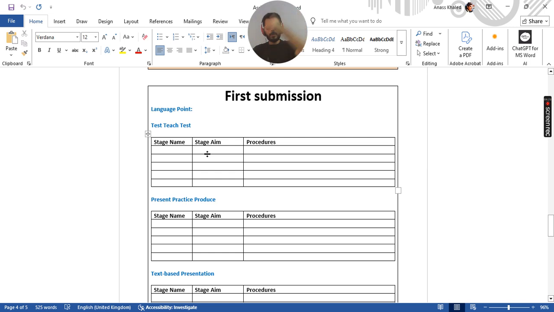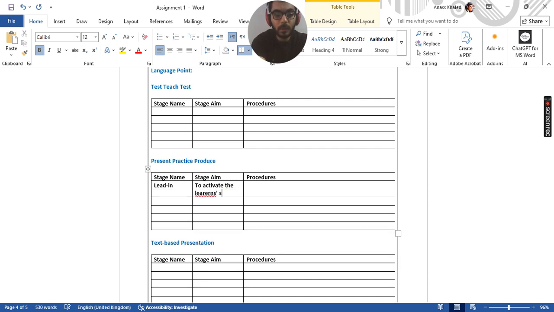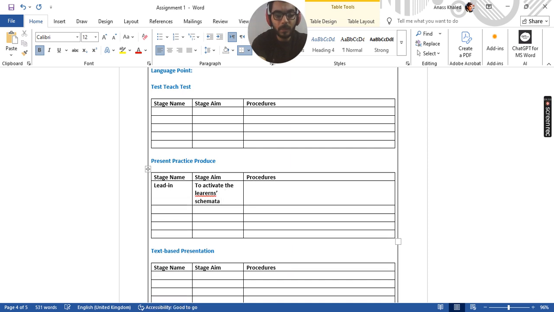And then we move to something which is very important, which is you mentioning the stage name, the stage aim, and the procedure. So for example, let's do an example together here. We have, for example, the present, practice, and produce, the PPP framework, or the situational presentation. So the stage aim, of course, the first stage is the lead-in, and the stage aim, why do we make the lead-in, for example, to activate the learner's schemata, to generate the learner's interest in the topic. That's the point. And the procedures. So here you will mention how